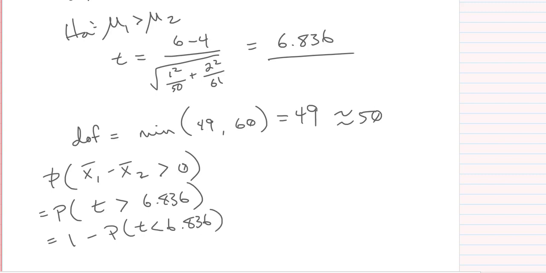This is just a reminder of how all of this works. You can get the p-value directly from table C, and we find that it's less than